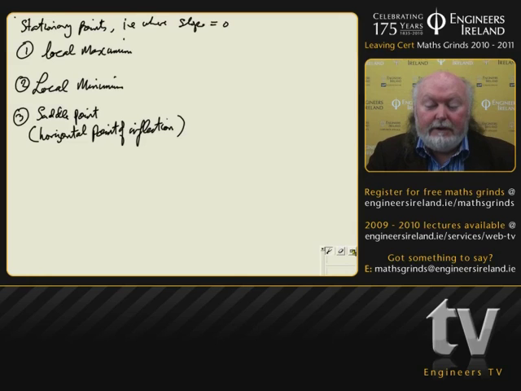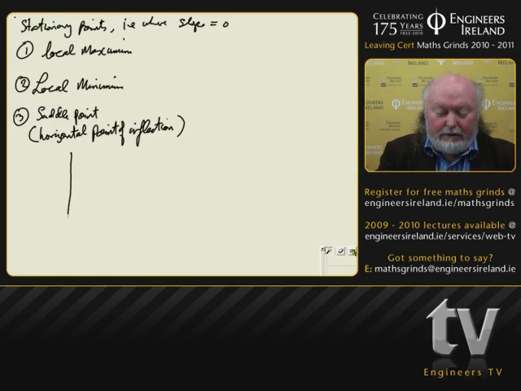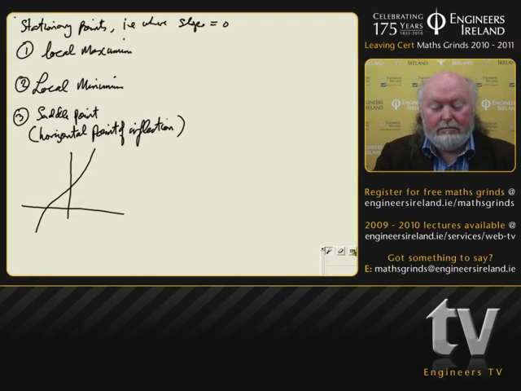Stationary points, slope equal to 0. Local max, we've seen that, local minimum, and the saddle point, which is also called a horizontal point of inflection. Let's just discuss the saddle point and other points of inflection. Here